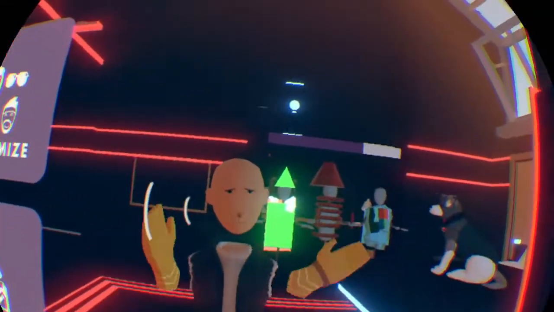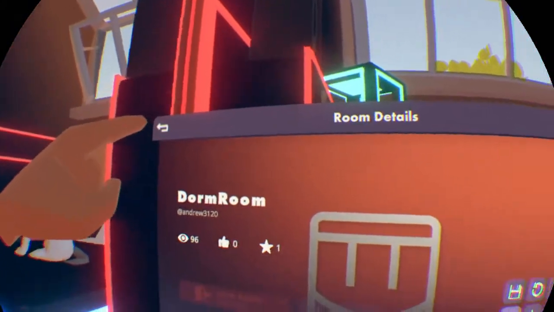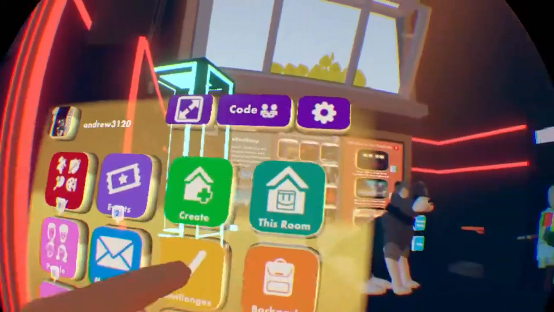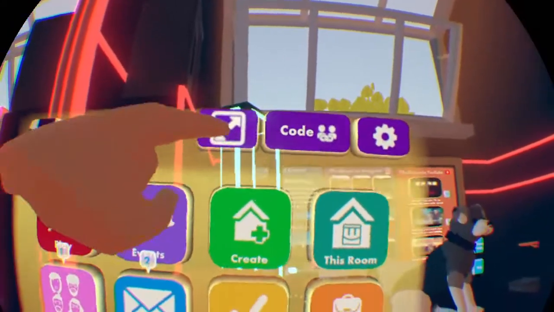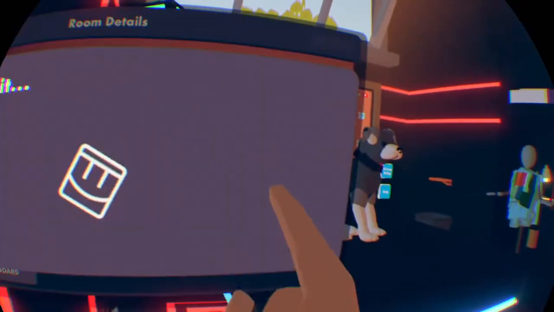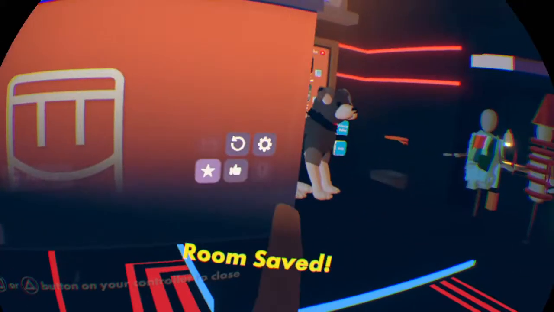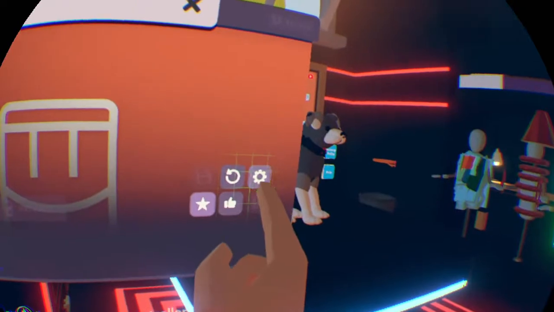is open your watch, and if your room already looks like this but you want to change it, what you want to do is open your watch, go into this room, and then click that. Okay, so I'm saved. So now